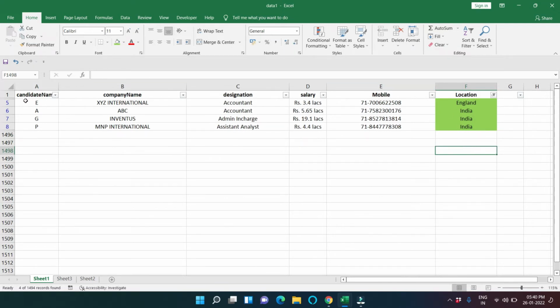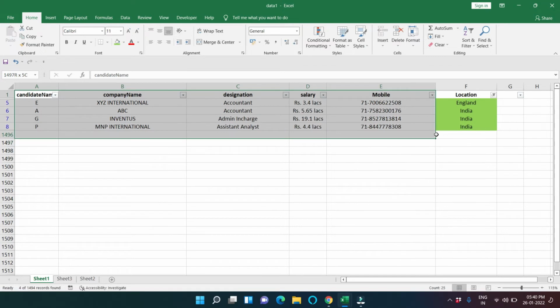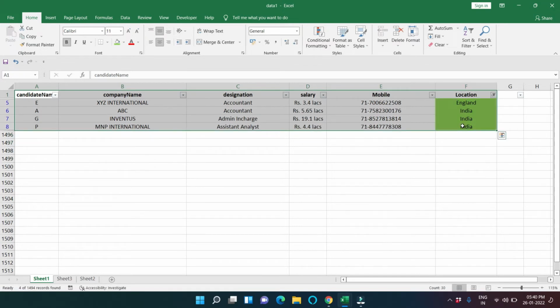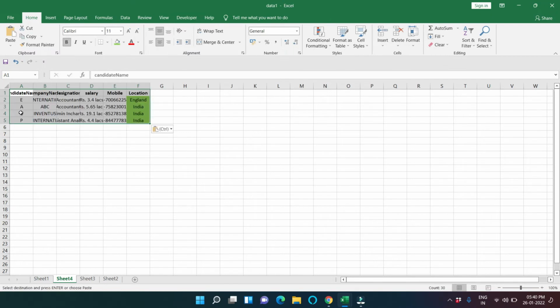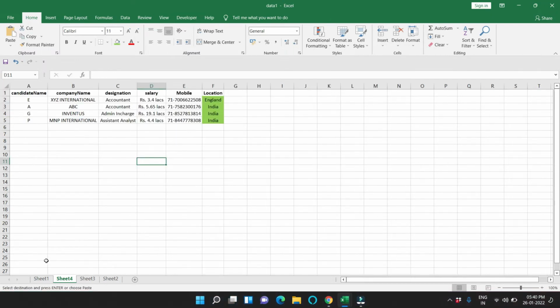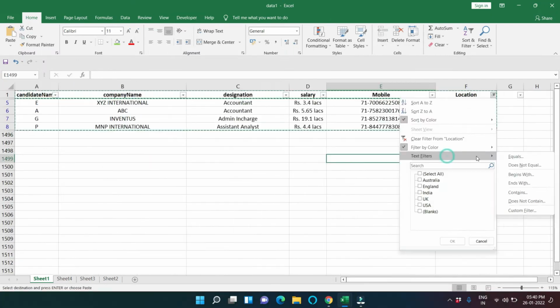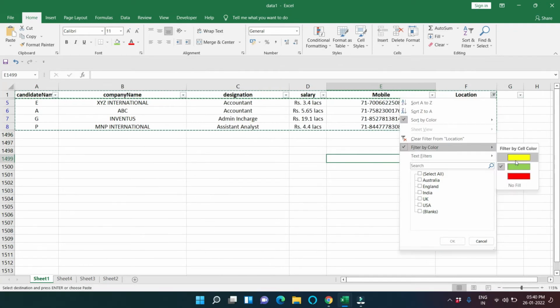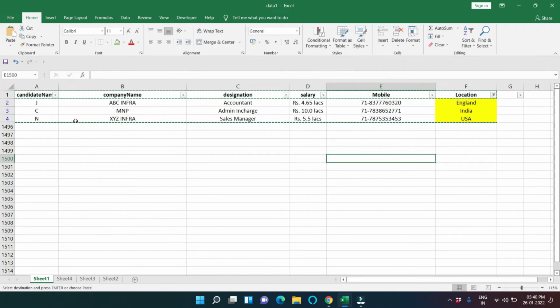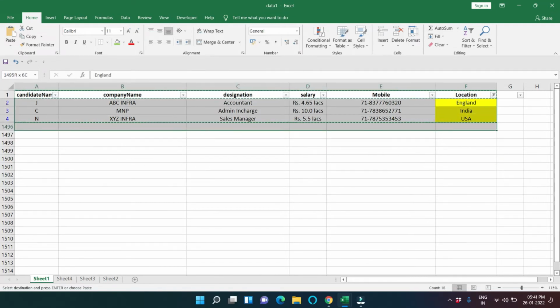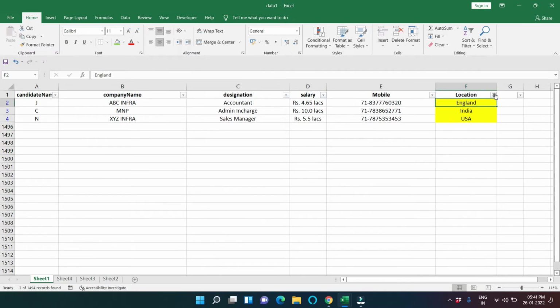So I can easily select this data, copy it and paste it in a different location if I want to analyze only this data. If I want to filter yellow, all the data which is yellow in color will be filtered out. So now you can easily analyze the data by color also.